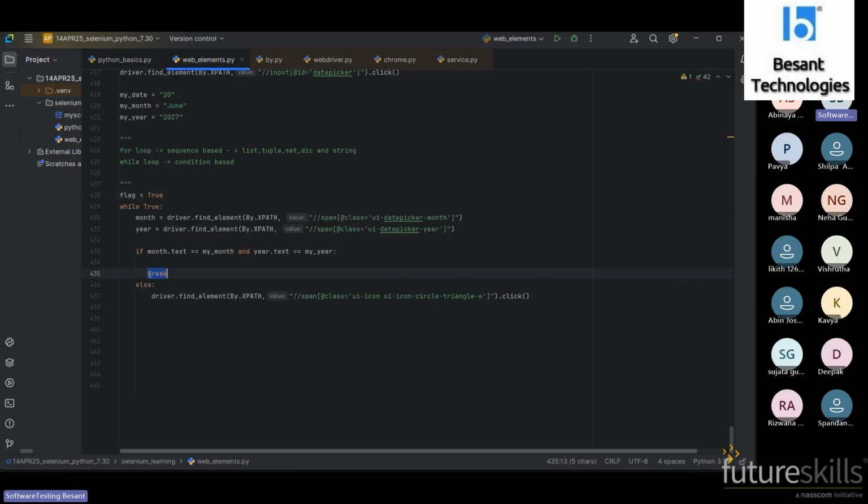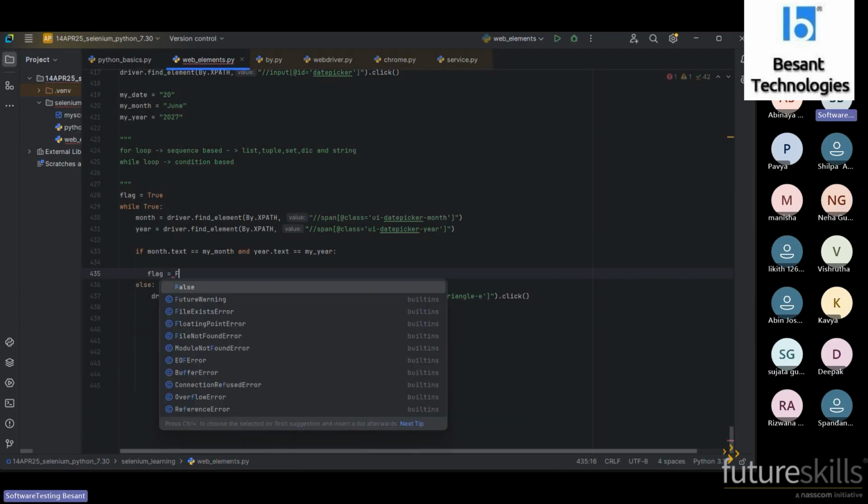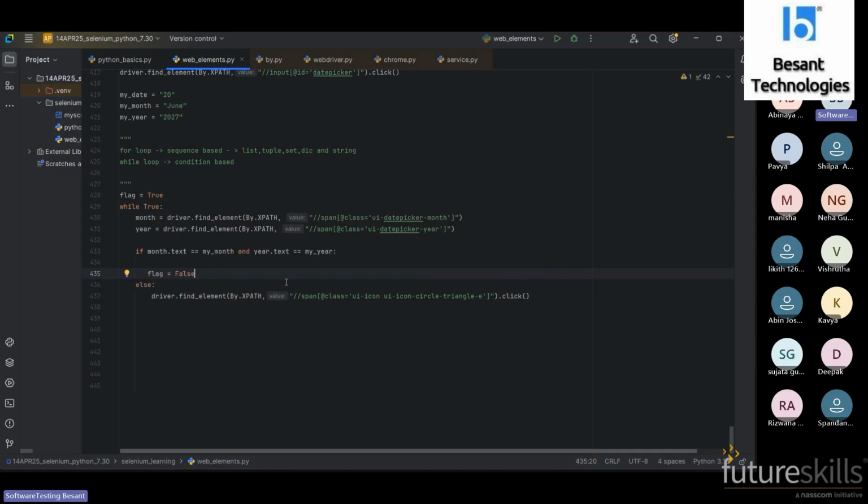Once the condition is met, the flag is set to False. So once the condition is met, the flag converts to False. Even though we can go with True, we can create a custom flag to break the loop.